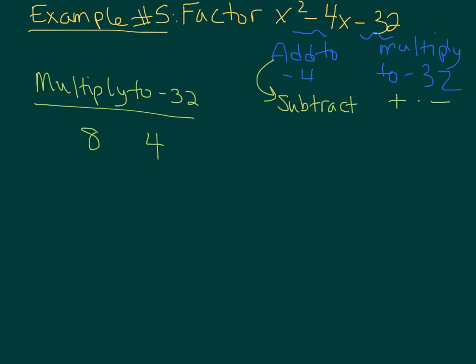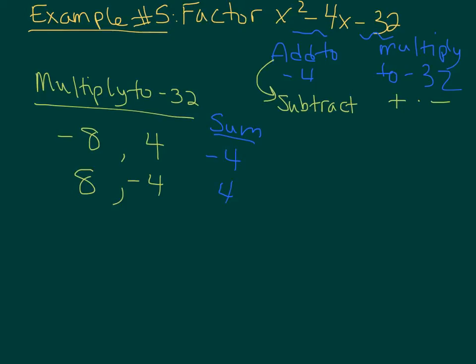So now we know that one of them must be negative, one of them must be positive. What we're going to do is test them both for a negative and a positive. So the 8 is going to be both. We're going to try the first one where we have a -8 and a +4. We're going to try the second one where we have a +8 and a -4. So then when we find our sum, you'll find that the first one is -4, the second one is +4,